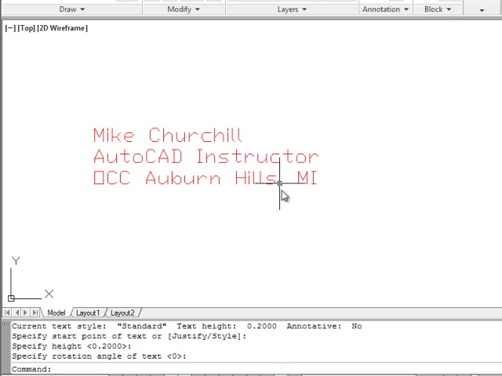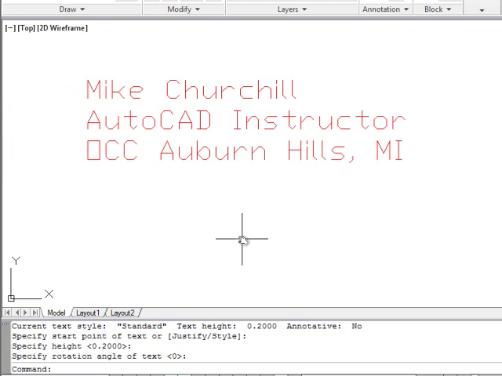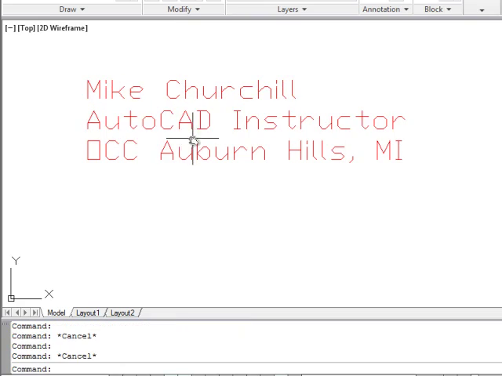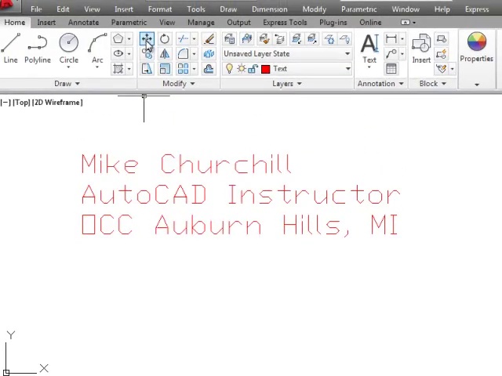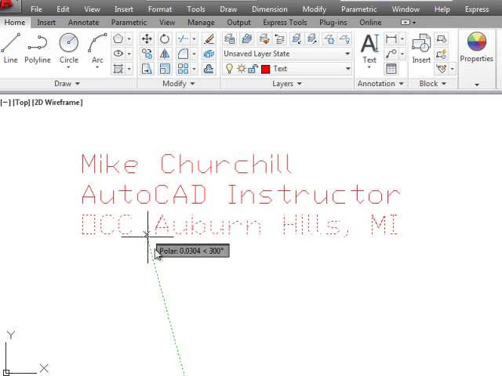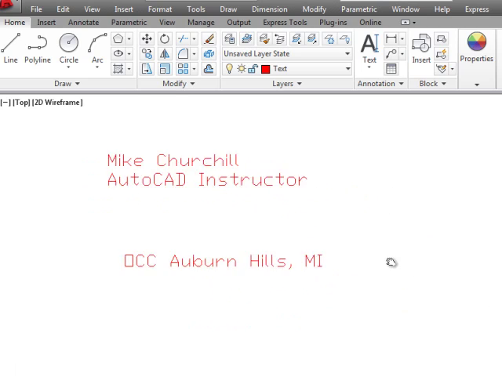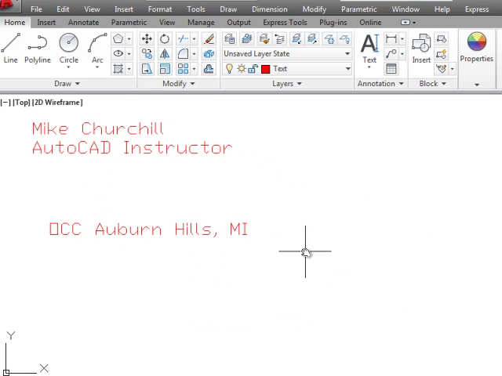Let me roll my wheel in to zoom in on this a little bit. You can see that the text that I typed in is here. As I go to select one of these, if I pick one without being in any command at all, you'll see that it doesn't show one letter at a time or the entire paragraph or one word. It does one line of text at a time. If I were to use something like the move command, I could click on move, pick one hunk of text, pick a start point and a finish point, and it moved that line as though it were one object, which is what it is. So if I zoom out a little bit and pan over, just by holding down the wheel,